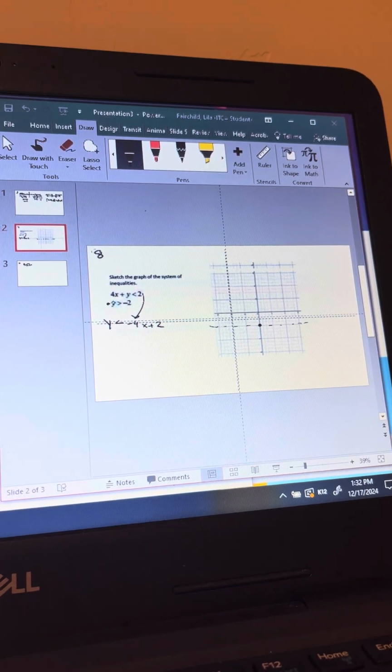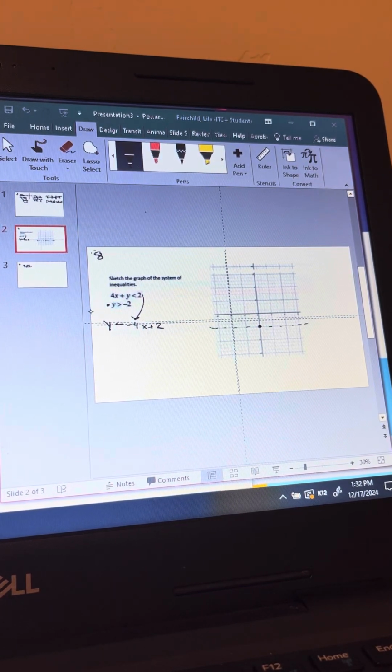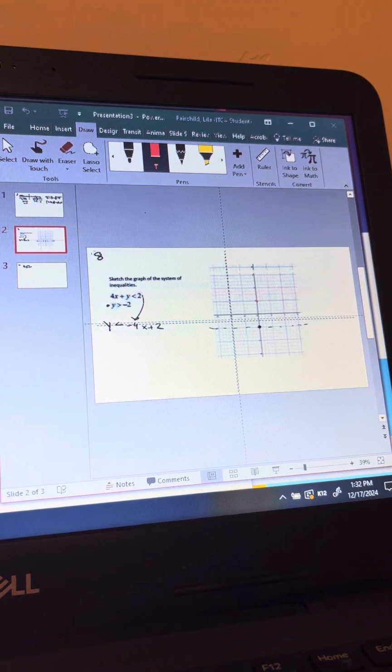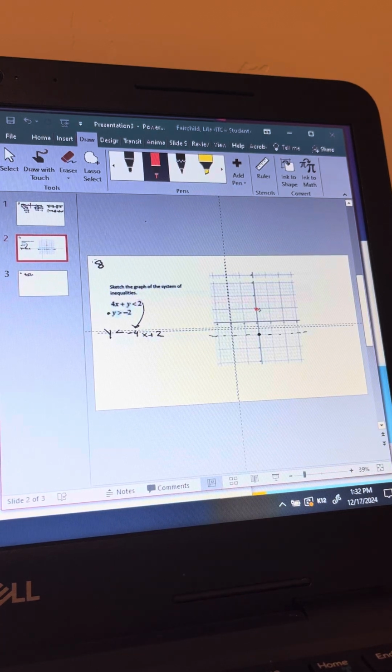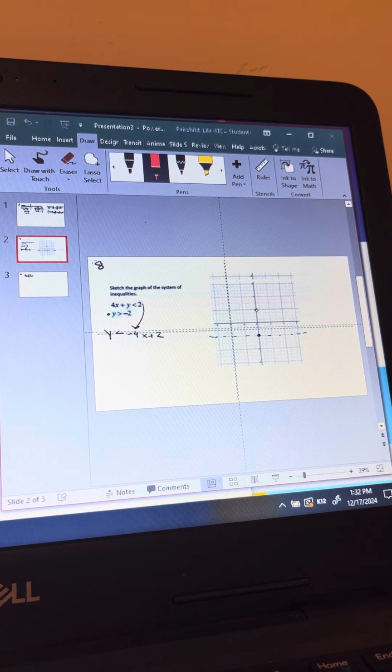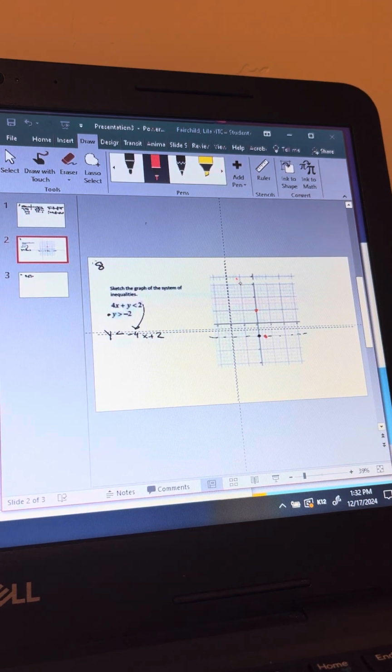And so what I'm gonna do is I'm gonna go to the 2, and then you do 4, so it's gonna go down to 2, and then right here, and then you go in the line